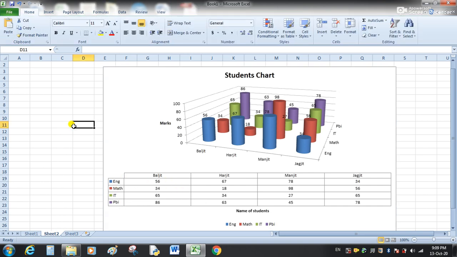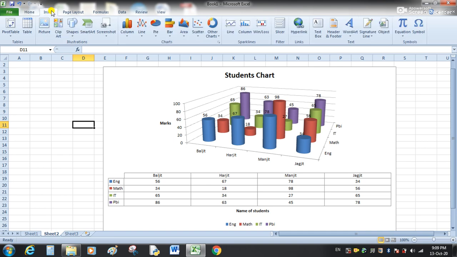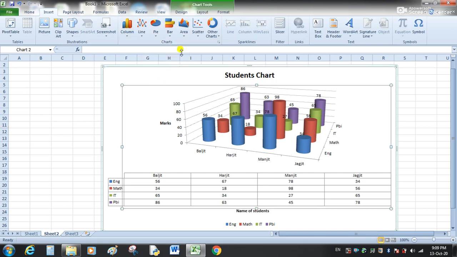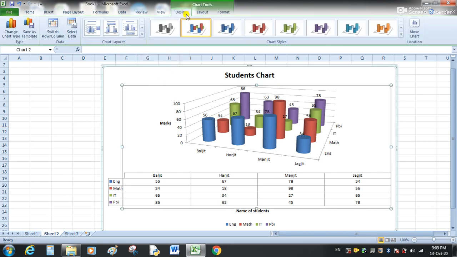In this way we can create any chart according to our need. Today we have learned how we can create a column chart from our data, and we also saw how we can format our chart, how we can change the chart type, select the data, and switch rows and columns.